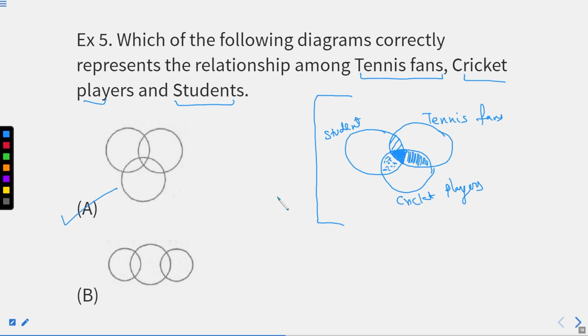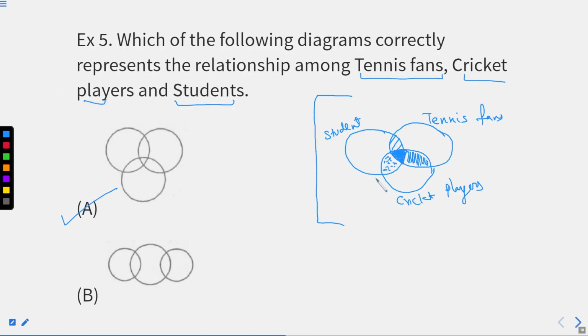So the approach for this question is, first read the question and draw a diagram, that is a Venn diagram, by yourself. And as soon as your Venn diagram matches an option, mark it as the answer, right? This is the correct approach while solving a Venn diagram based question, right? Now you can see options C and D, but as soon as we have drawn the Venn diagram, we know the first option is matching the diagram. So here we have our answer as well, right?